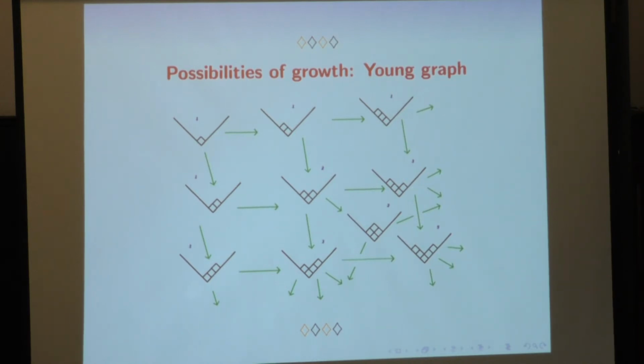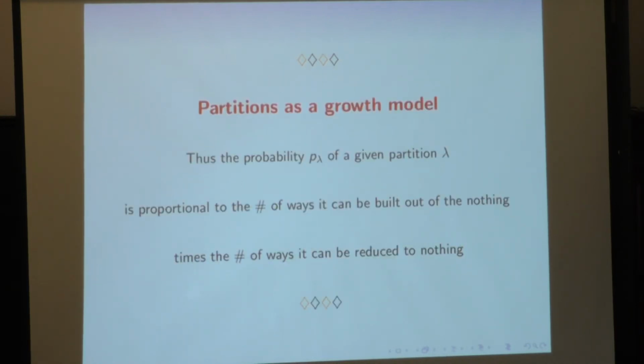So you can move along this graph. Let's say for this picture, there are 3 ways of arriving here, starting from the beginning: either this way, or this way, or this way. So the probability of getting that diagram is 3 times bigger than the probability of getting this diagram. Maybe 50% higher. To get here there are 2 ways, and to get here there are 3 ways, and so on. From this you can go to the mathematical problem of investigating random Young diagrams,